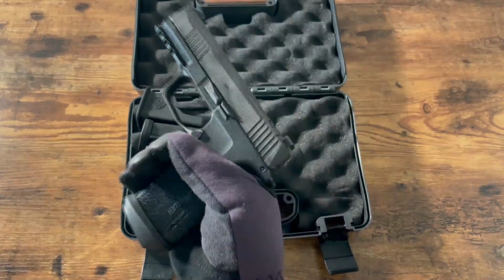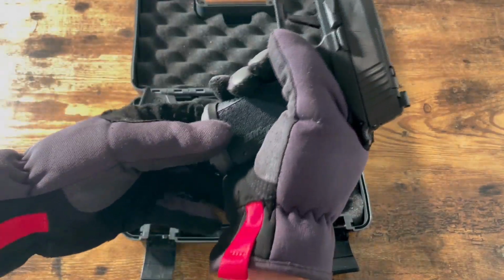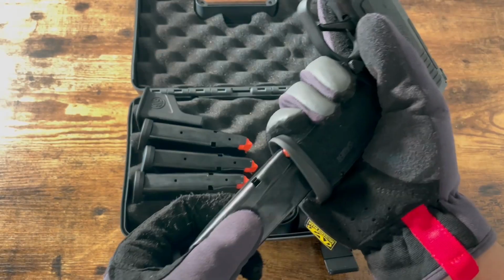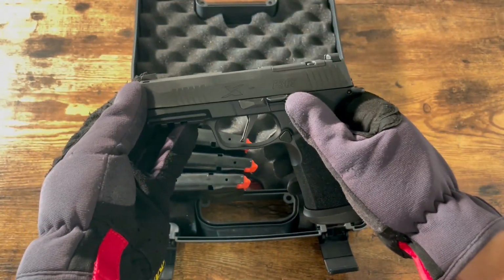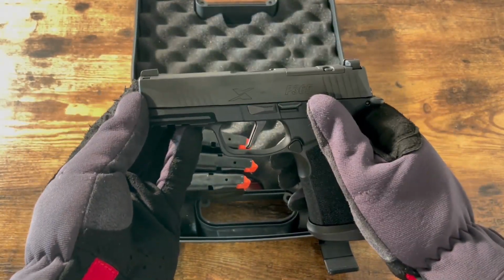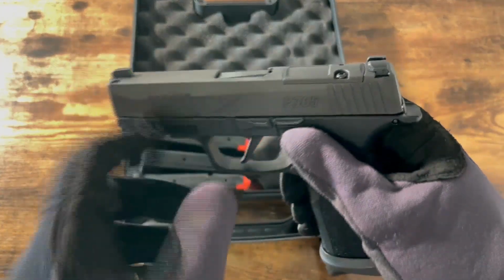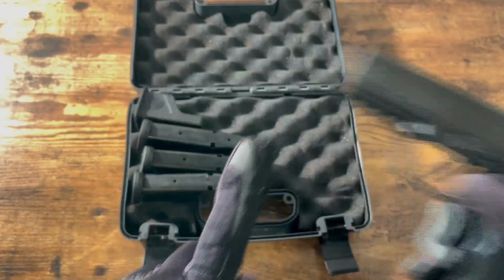Now before we get into it, we always want to make sure that the firearm is unloaded, mag is empty, and so is the chamber. This is the Sig P365 X Macro TacOps, and that is a mouthful to say. I'll go over the characteristics of this firearm in a bit, but for now, let's go ahead and cover everything